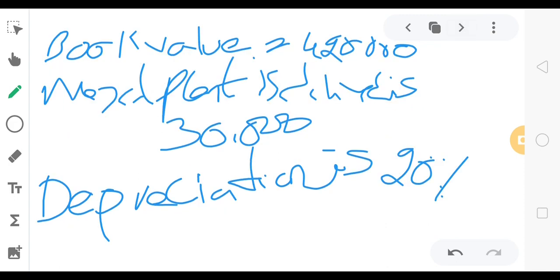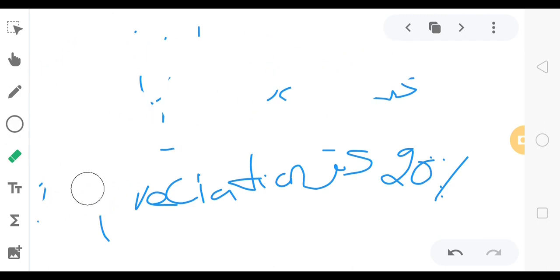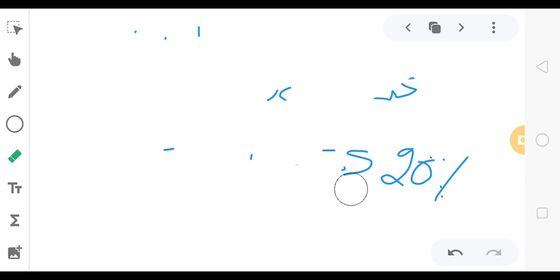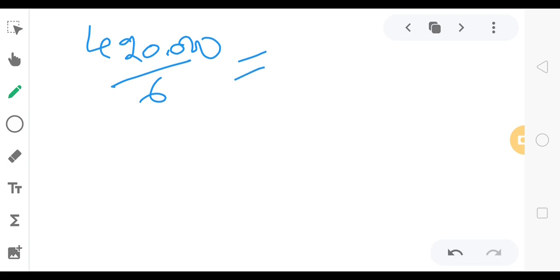So second, we calculate depreciation here. First of all we calculate the plant, how much plant is used. So first plant is 4,20,000. How many months? 6 months. So we got 70,000. After that, the additional plant on 1st July. So 1st July, a single month. So we need to calculate book value.